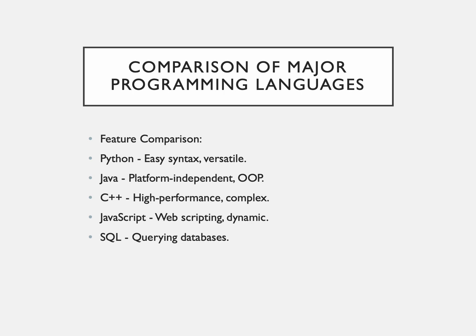So, first is Python, which has easy syntax and is versatile. Python is often celebrated for its simplicity and readability, its straightforward syntax, which makes it an excellent choice for beginners and experienced developers alike. It is versatile. It can be used for web development, data science, artificial intelligence, and automation. Frameworks like Django and Flask streamline web development, while libraries like TensorFlow and Pandas make Python a favorite in machine learning and data analytics.